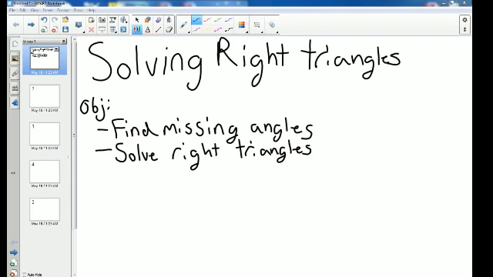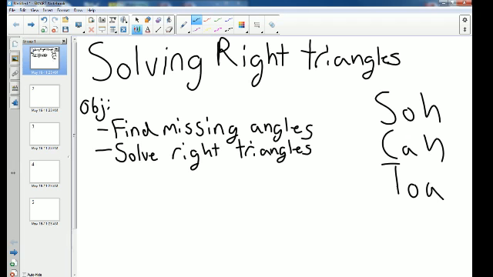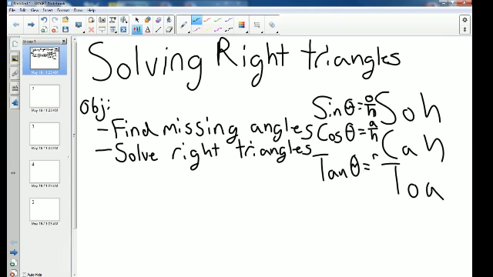Right triangle. Things you're going to need to know is SOHCAHTOA, which stands for: the S is sine delta equals opposite over hypotenuse, and then CAH is cosine delta equals adjacent over hypotenuse, and then TOA is tangent delta equals opposite over adjacent, and then you're also going to need to know the